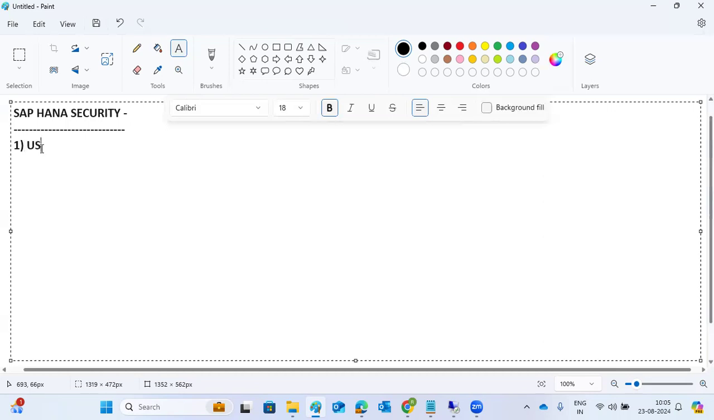User and role management related options we have in security. If you have the user, you can connect to the database, but you also require the role to perform the required actions. You need the role also. Suppose if you see here,